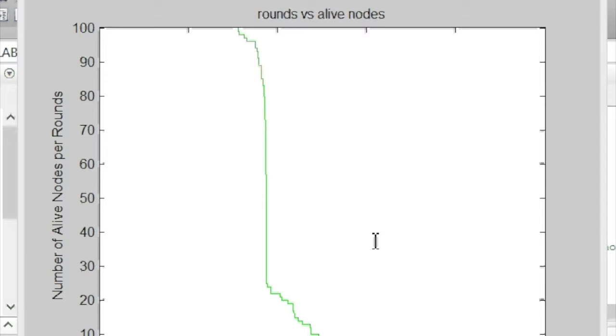Again, the graph for the multi-chain Pegasus protocol, where the number of alive nodes per the number of rounds have been plotted. This graph shows that all the nodes that we have placed in the 50 by 50 network are used for the formation of chains, which are 100, and they remain alive up till the 2000th round. On reaching the 2000th round, that is the 2000th loop of the entire program simulation, the alive nodes start decreasing, that is, they become dead, and on reaching the 3000th round there are almost zero alive nodes, which means that all the nodes die.